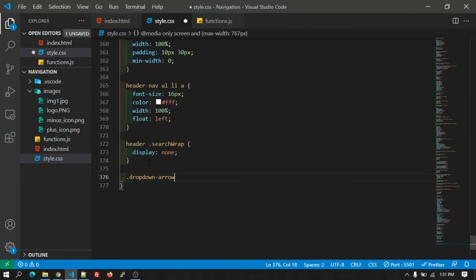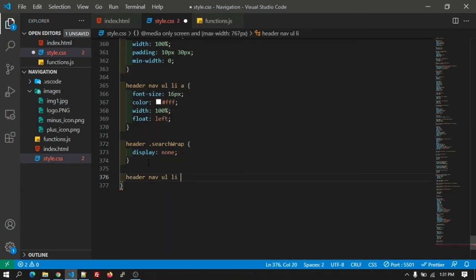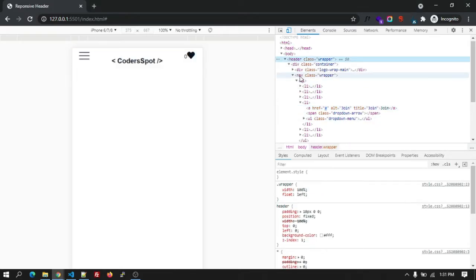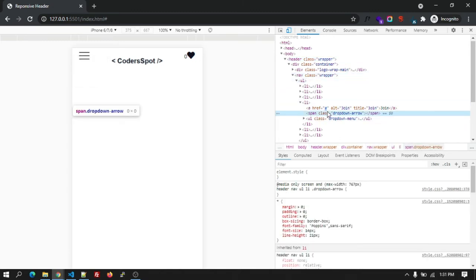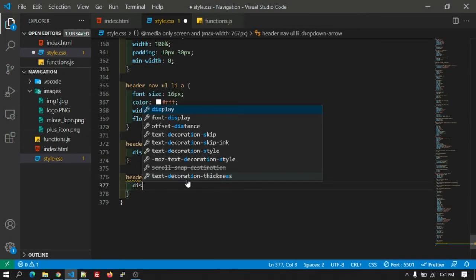So let's go to the CSS and write it. It's there inside the header nav ul li and the dropdown arrow. Okay, let's write some CSS for that.